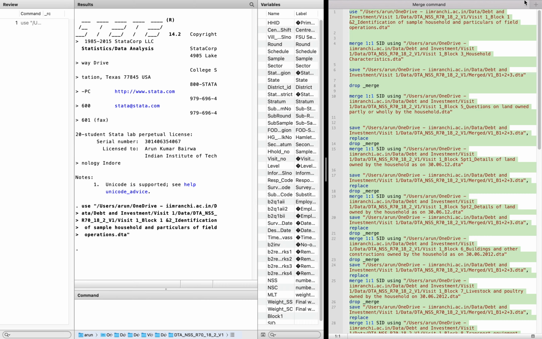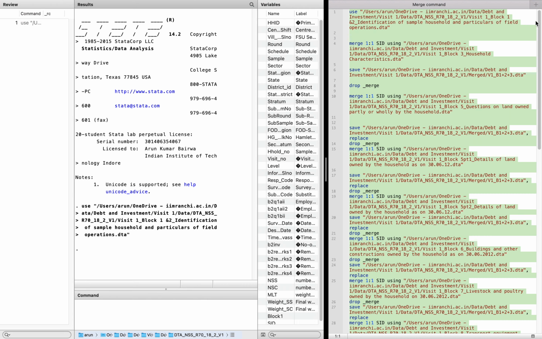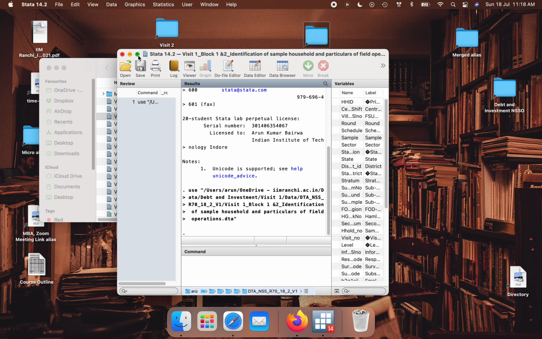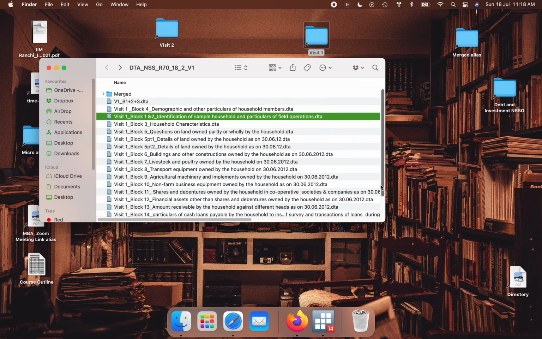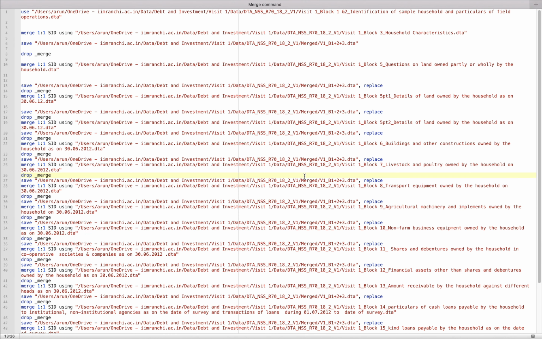I'll just select all, go to the do file, start do, and we'll make it full screen, and then from here we'll run all the commands. Yeah, all the commands are there.